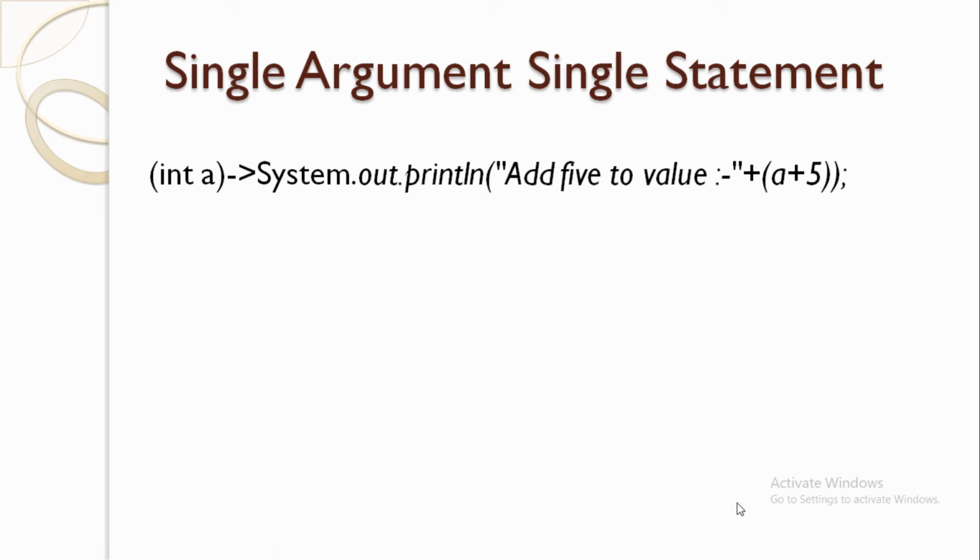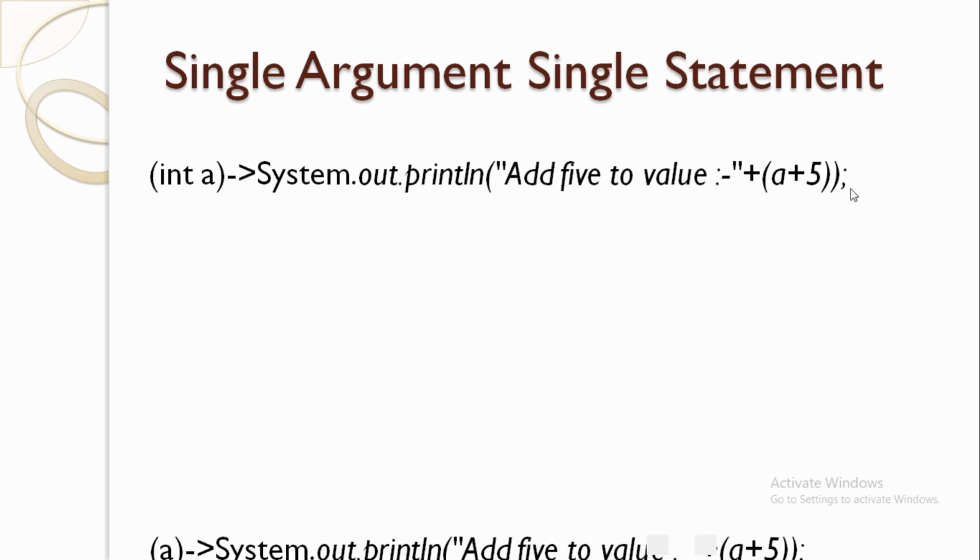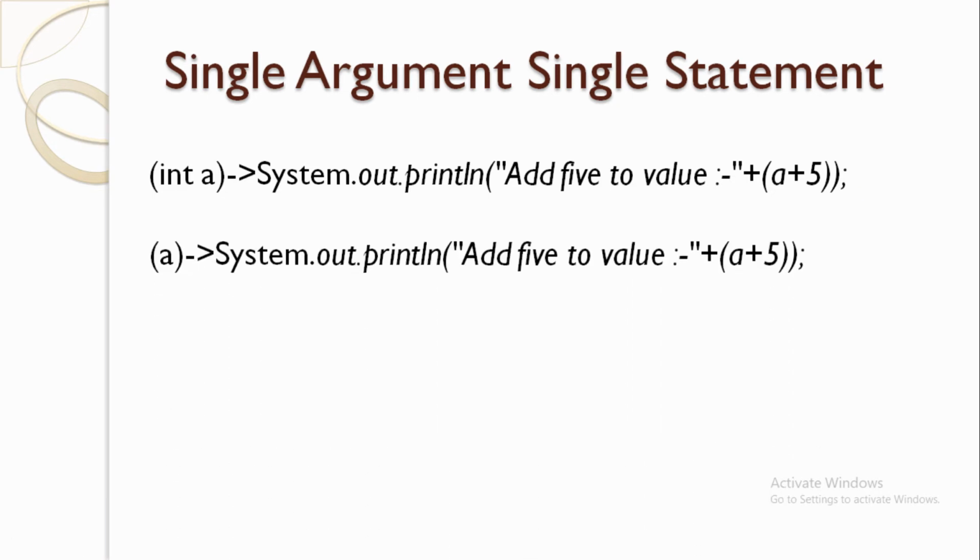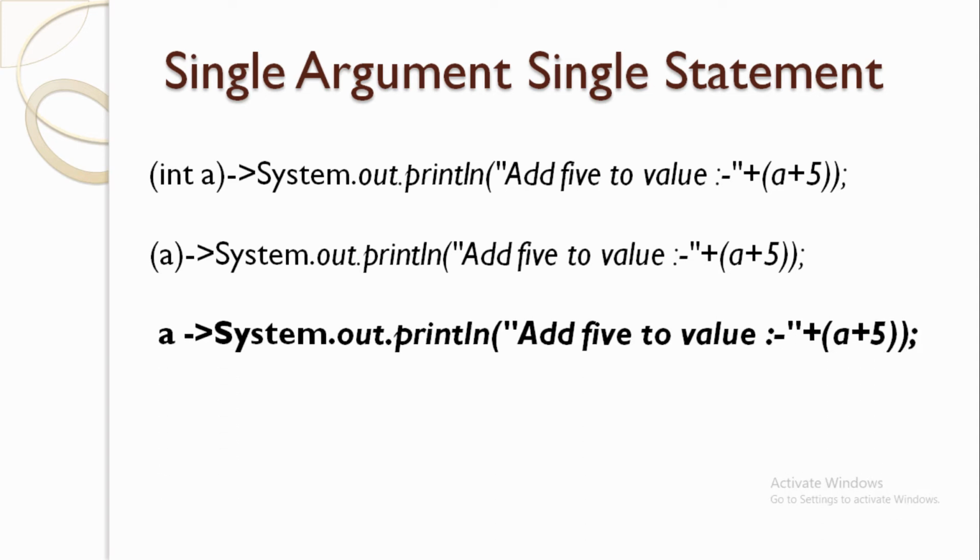So in this kind of thing you can write this kind of statement like int a, and without curly braces you can pass, and we already know we can remove this data type int. Okay, so we remove this data type. Now remember, if we have only one argument, like in this case we have only a, then we can also remove the parentheses. So this is the final statement we can use in later tutorials.